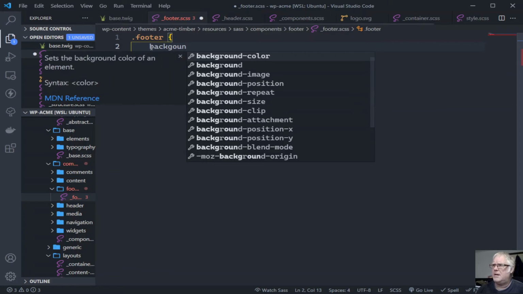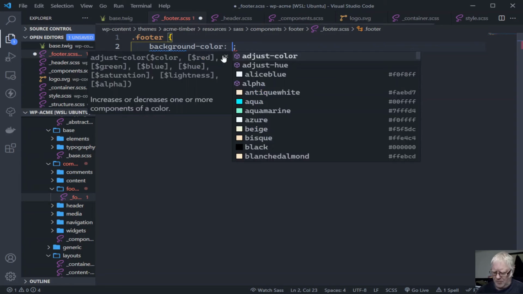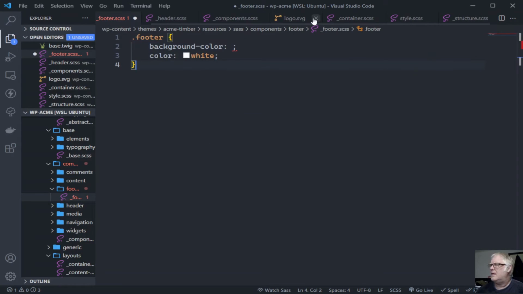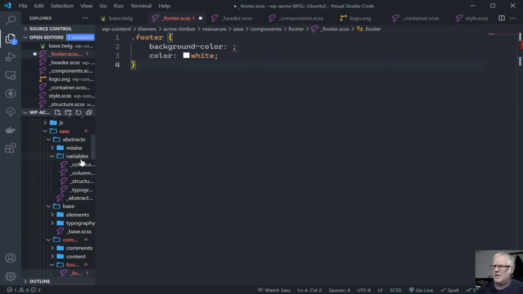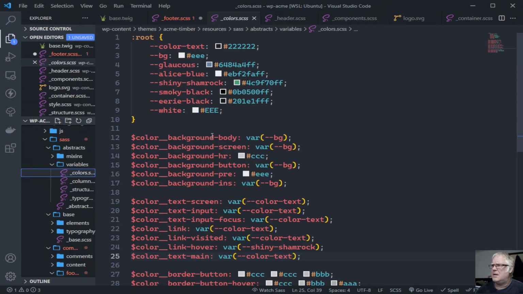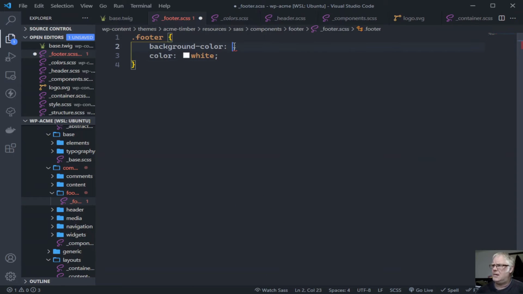Background color will be, if we have a look at our colors and our variables, mixtures, colors, is going to be, let's move our background. I think it's the airy black one. So we'll change that to